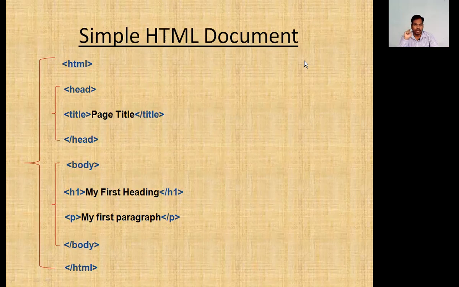You have to write, and then you have to click on the save button. It will automatically create an HTML document. In place of a normal text file, it will create an HTML document. .html or .htm, it will take both these extensions, right? So like this, you have to save.